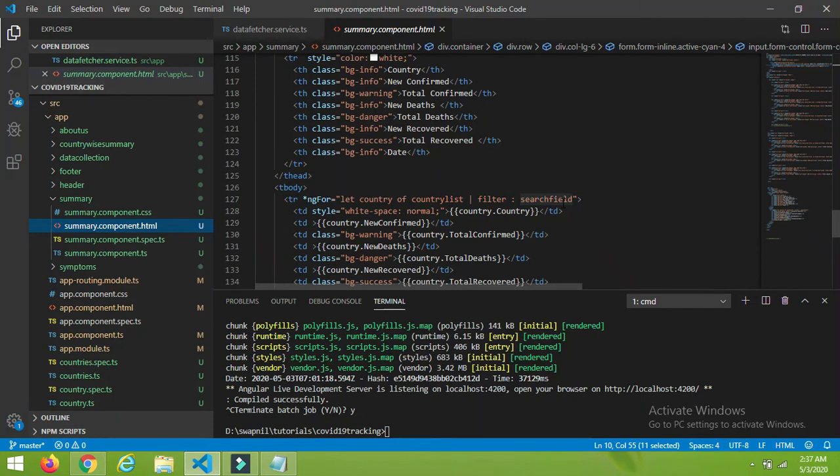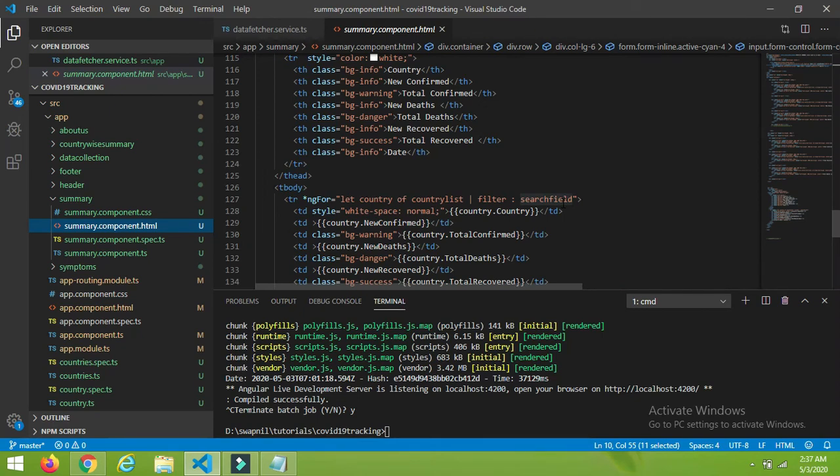And this will be the input for our filter. This filter will filter our list, and whatever the matching records are will be displayed below here only. For that we have to create our own filter, that is, a pipe filter.